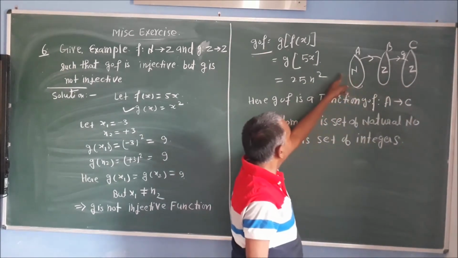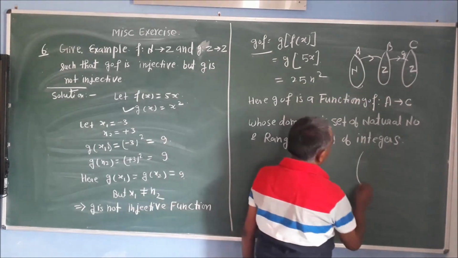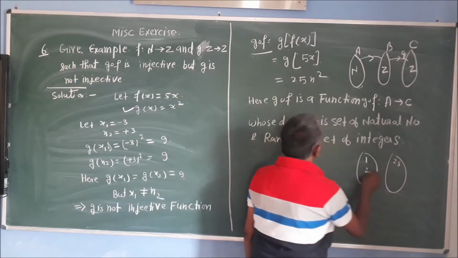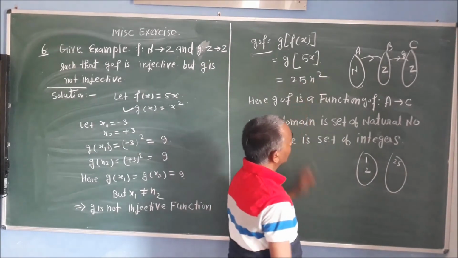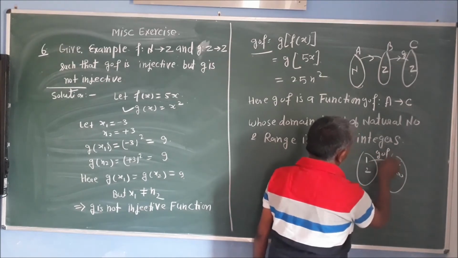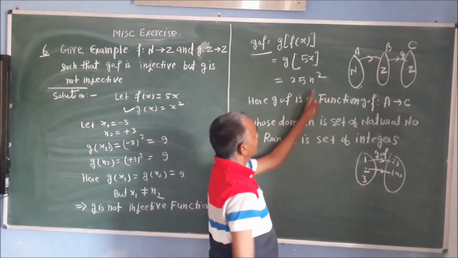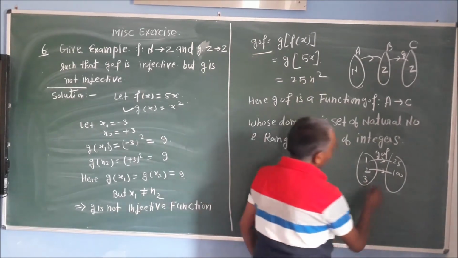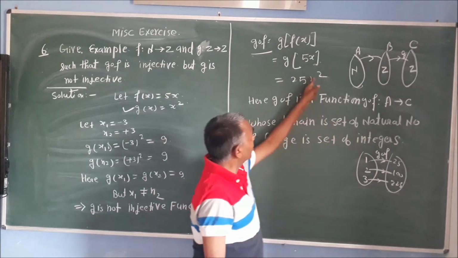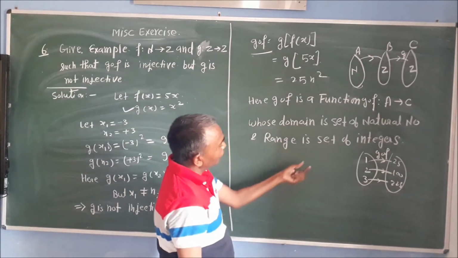If you put here n is equal to 1, so this is equal to 25. So if you make the relation, if you take here 1, it is related to 25. You take 2, so 2 square is 4 into 25. This will be your 100. This is the function g of f. 2 is related to 100. For 3, square is 9, 25 into 9, 225. For every element of x, there is an element in Z. So you can calculate the value of g of f.